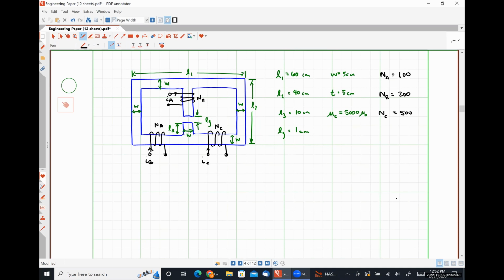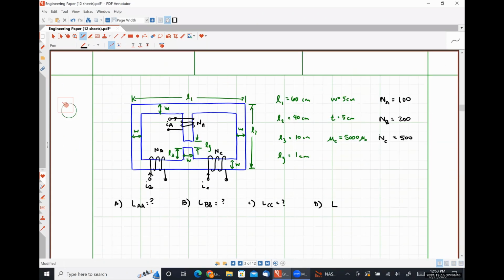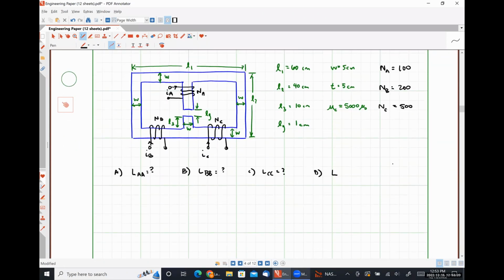So what we're going to figure out together is the self-inductance of coil A, the self-inductance of coil B, the self-inductance of coil C, and the mutual inductance. Did I call this L or M earlier? L. Okay, we'll keep on trucking with L then. Between